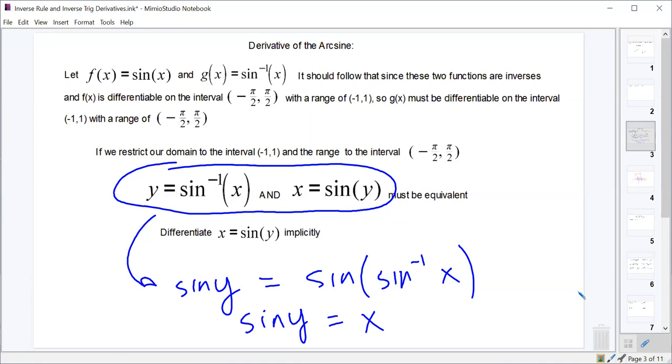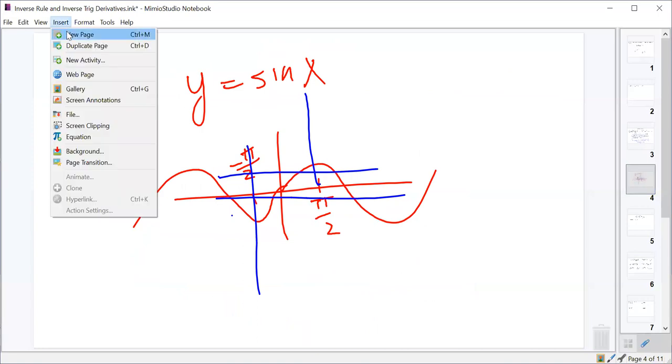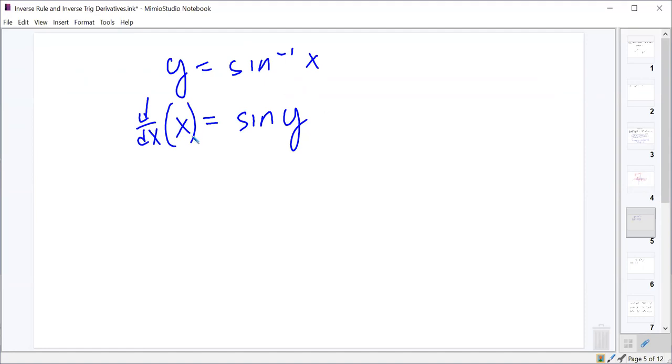Okay, so since we don't know the derivative of y equals the inverse sine of x, we're going to convert it into x equals the sine of y, because we do know how to differentiate both of those. And we're going to take the derivative of this equation implicitly. So we take the derivative with respect to x of x and the derivative with respect to x of sine y. And on the left, the derivative with respect to x of x is just